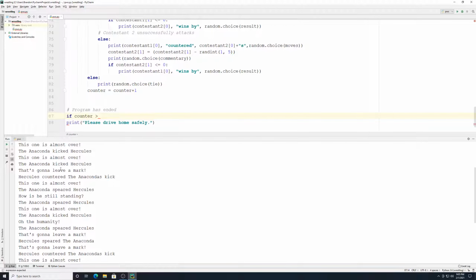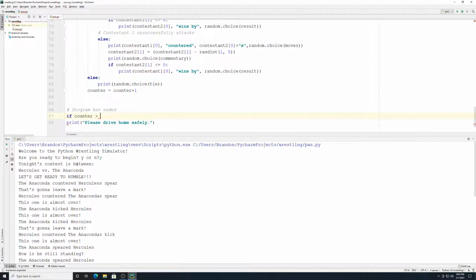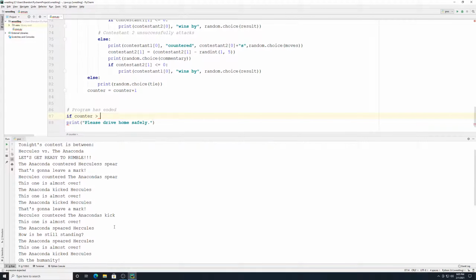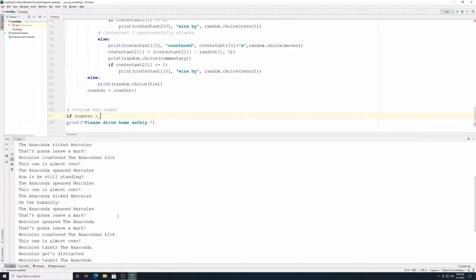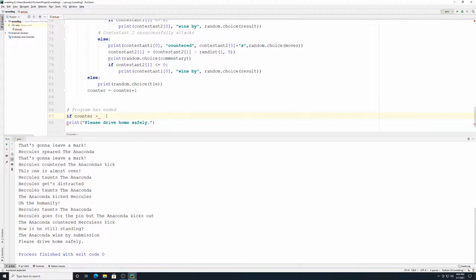So we had roughly, if there's 10 moves, 1, 2, 3, 4, 5, 6, 7, 8, 9, 10. So maybe if we said something like if counter is greater than 15,